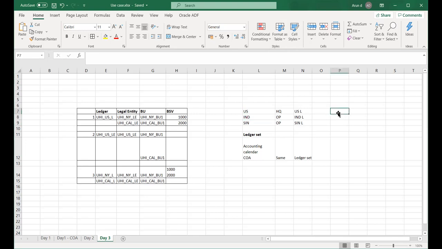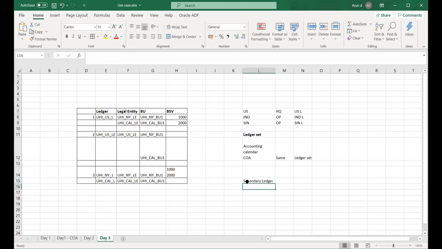In order to use the consolidation, we will use the COA mapping since the ledgers are different from each other. So I will use the consolidation, the global consolidation rule, and I will map this. So this is one way of handling it. The other way of handling it is that I will use the secondary ledger. So when I use the secondary ledger, we have two things: one is the secondary ledger,